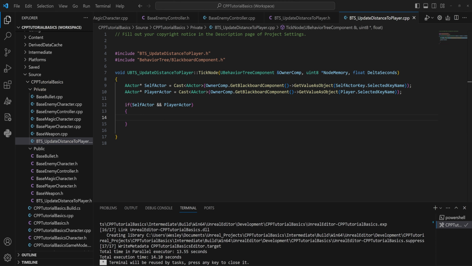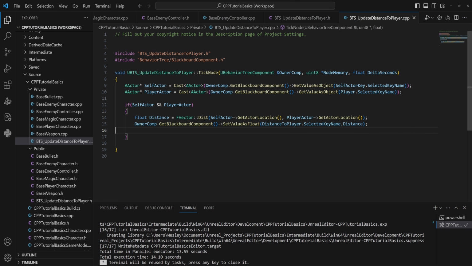Then I'm just going to copy over this line of code here. We'll have a float for the distance, and we'll calculate that with the FVector static function Dist, and we'll get the self actor's actor location and the player actor's actor location. And then in our owner comp, again, that's a parameter from the TickNode function, we'll get the Blackboard component, and